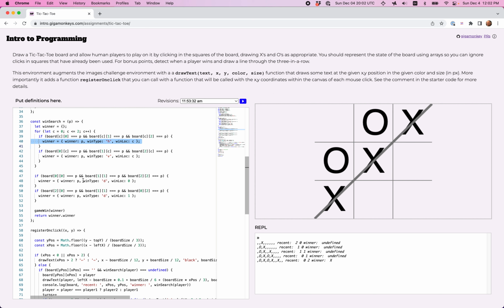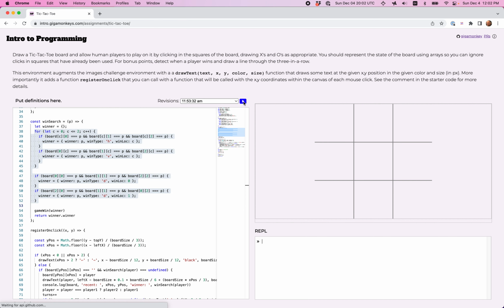Actually, I guess here's this little subtlety. This function checks all of the possibilities, but since it sets winner every time it finds one, the result is, if there were two winners, like if you, let's see, can I make two,